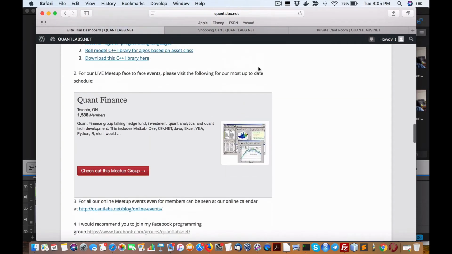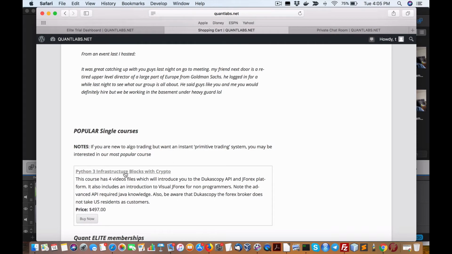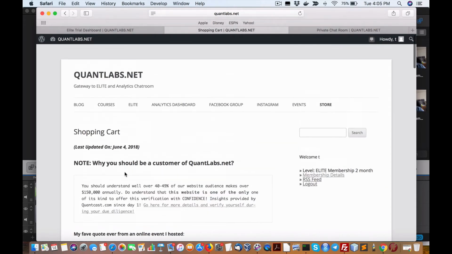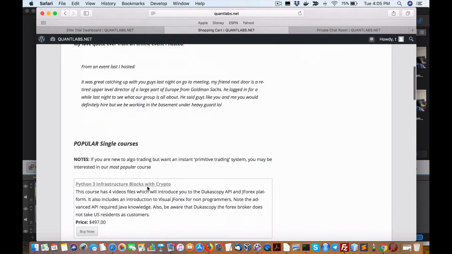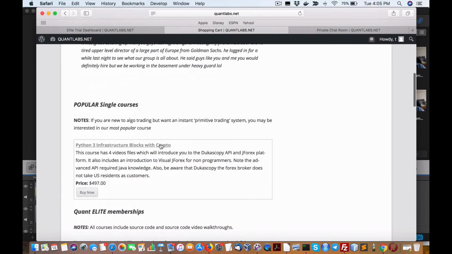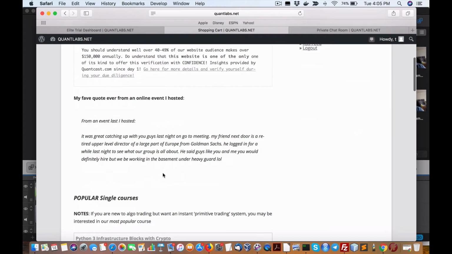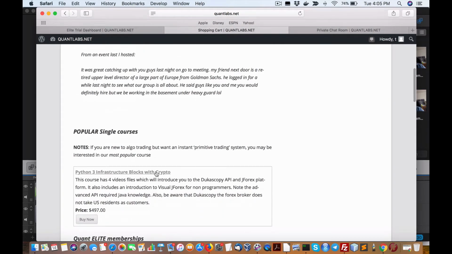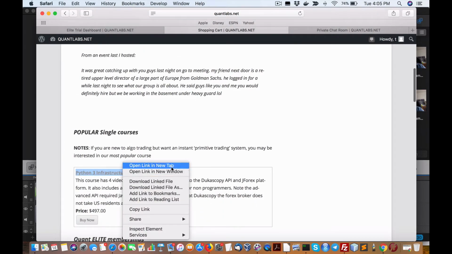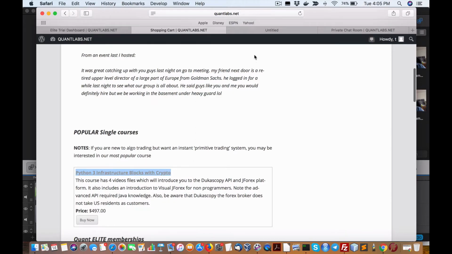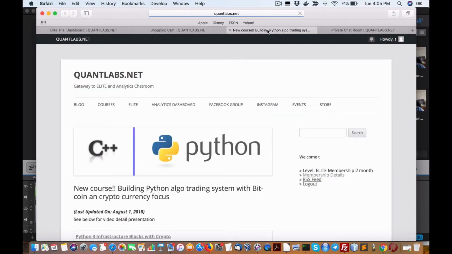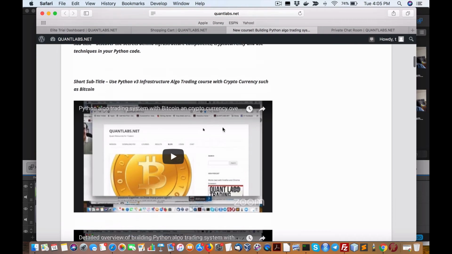But do understand that if you were to go with the Elite, in there is the course for my Python 3 course. If you want to know more details about that, just come back to the store, and you'll be able to read all the nitty-gritty in that course. Now, that includes crypto, as you can see here, and the latest discoveries on the cryptocurrencies, and some of the more